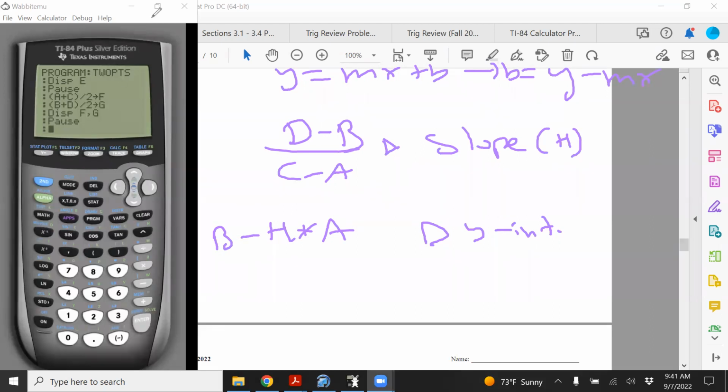This is the part I need you guys to focus on. It's gonna be a little tricky. So now the equation line. What we need to do is calculate the slope and the y-intercept. The slope is easy. We already talked about that. I'm gonna do parentheses, be very OCD with the parentheses, alpha D minus alpha B over alpha C minus alpha A. I'm gonna store all that